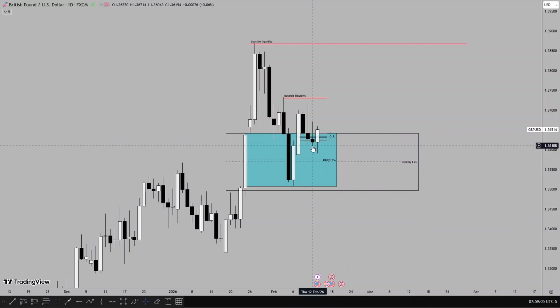Going into Thursday, still the same idea, but price still closed as a down close candle. But on Friday, price took out Thursday's low and closed as an up close candle. Looking at it from a lower time frame, on the 1 hour time frame, there's a shift in structure. This price action is quite similar to the dollar index and Euro USD. Monday, impulsive price. Tuesday to Friday, retracement into Monday's range.